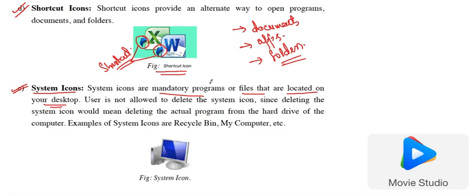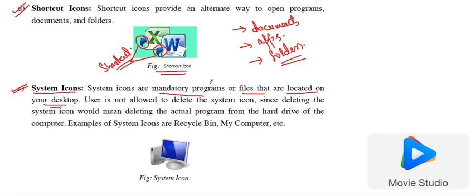System icons sometimes represent programs which are mandatory for the functioning of a computer system. The user is sometimes not allowed to delete system icons.